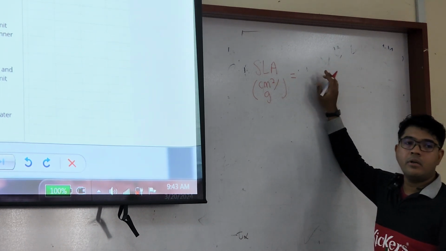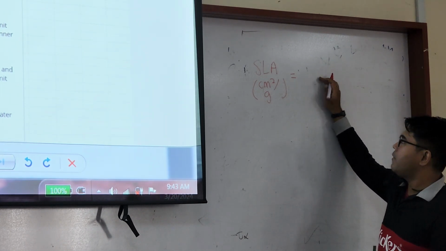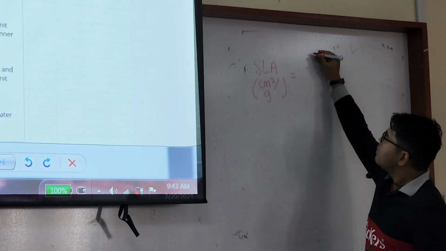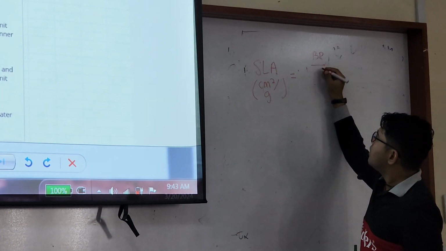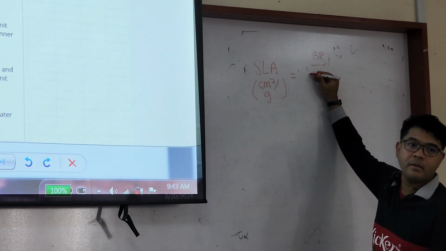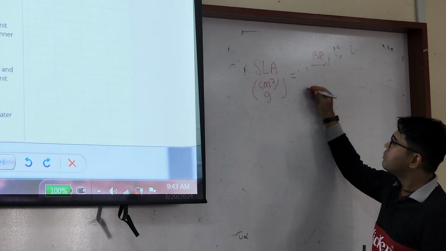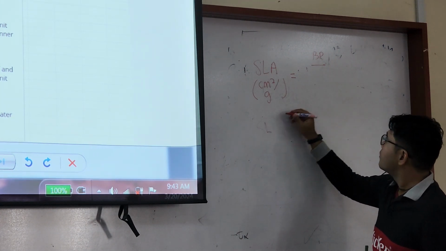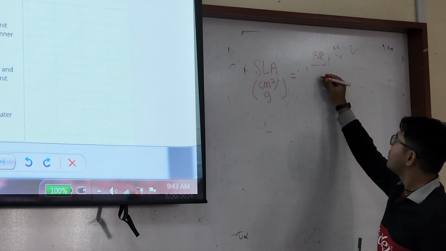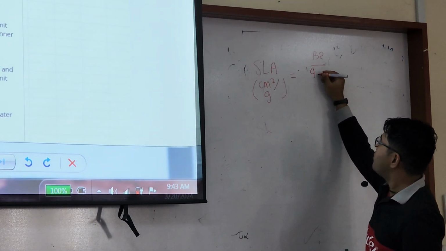Maybe your butterfly pea. What is the centimeter square of it? What is the centimeter divided by gram? What's the reading? Yep, 9.80